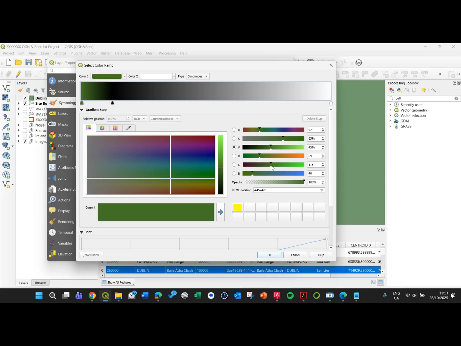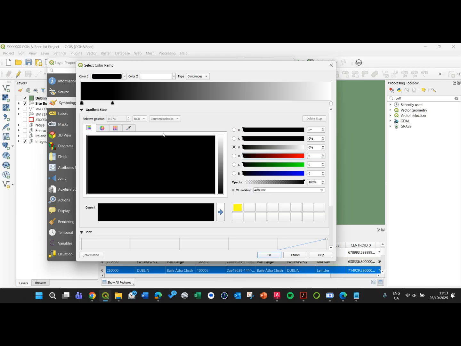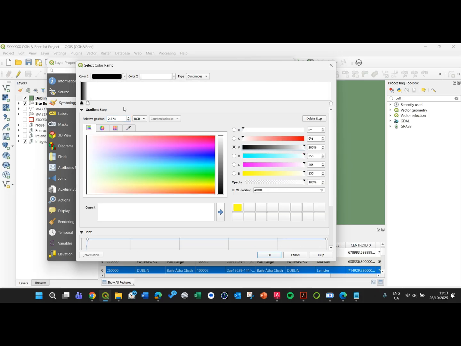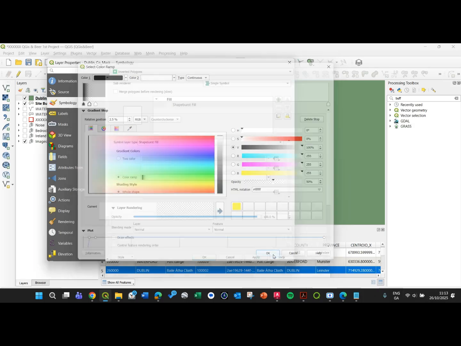So here will be black as well, so 0, 0, and 0. This one will be set to 2.5%, and this one will be white as well. So just move here, white, and duplicate, and this will be 5%. For this one, we'll go back to this 2.5 and set the transparency of, let's say, 50%. You'll understand what's happening. Okay,